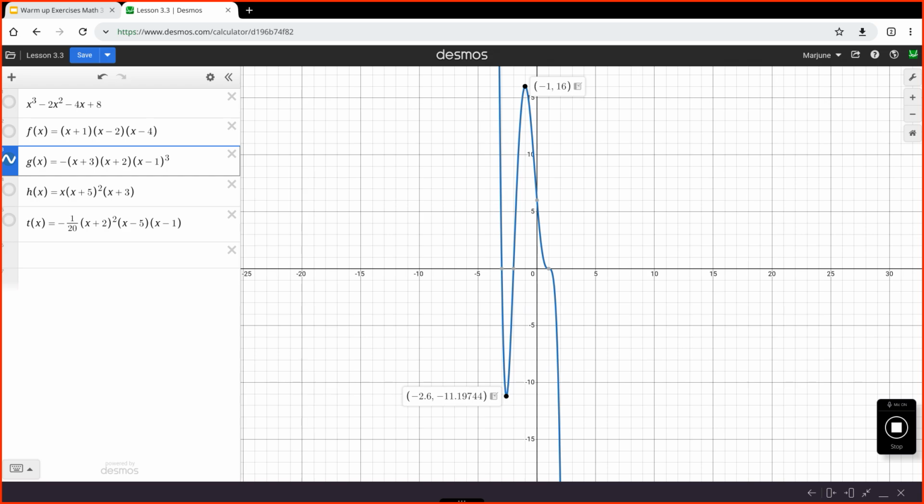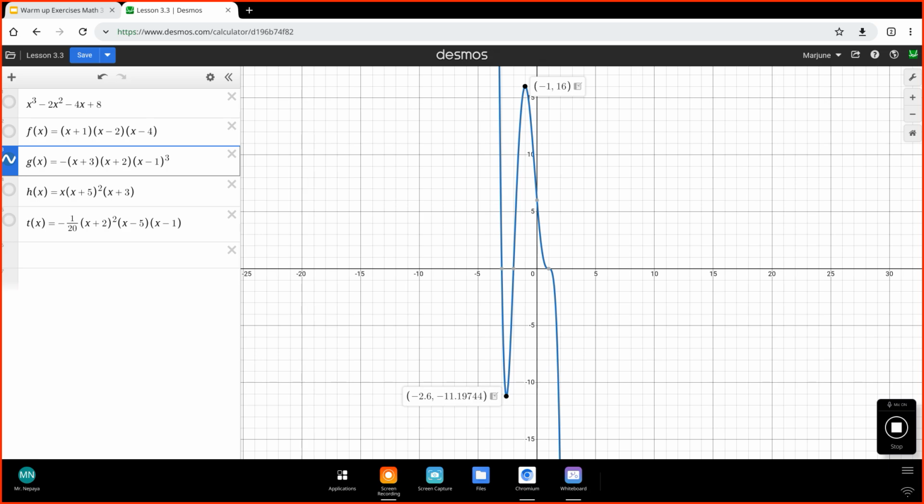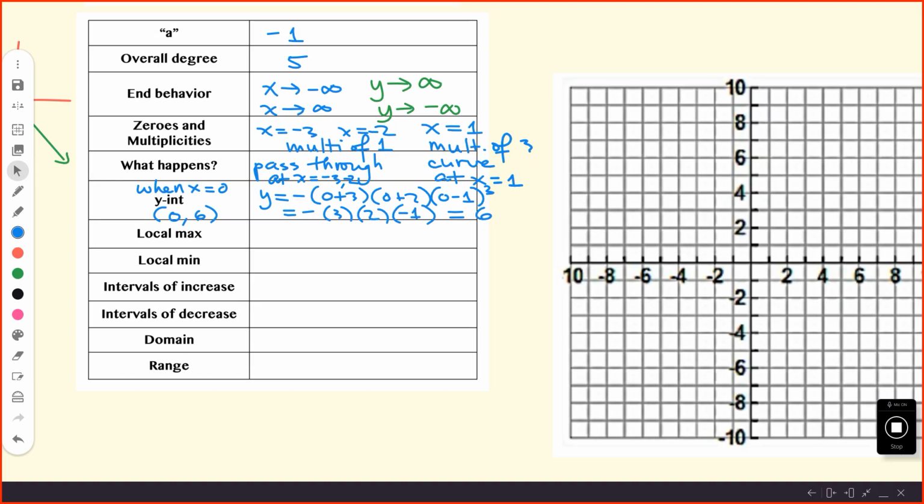The local max is negative 1, 16. Make sure you have the correct function, okay? Check your function, Ivy. Yeah, it's negative x plus 3, x plus 2, and x minus 1 cubed. Oh, sorry. Yes, there should be a power of 3. Okay, so right here, local max is negative 1 comma 16. And then the local min is